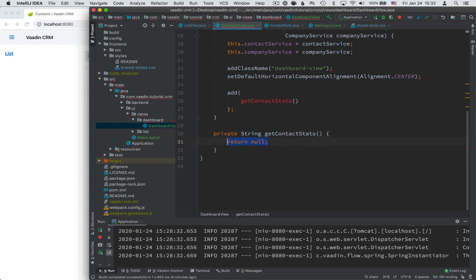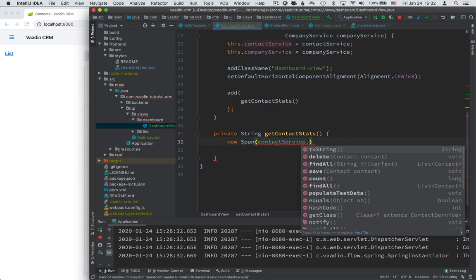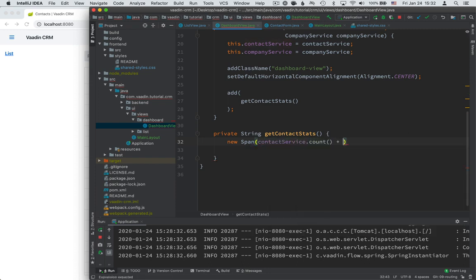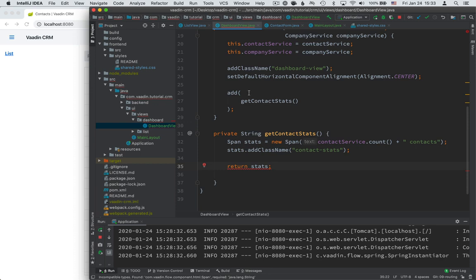I will implement it in here. I'll create a new span, and I'll then call the contact service and get the count. So how many contacts do we have? Then we'll add some text here, contact, so people know what it actually says. We'll call this our stats. We'll give stats a class name of contact stats, and we'll return it. So we'll return stats, which will get returned here, and then add will take care of